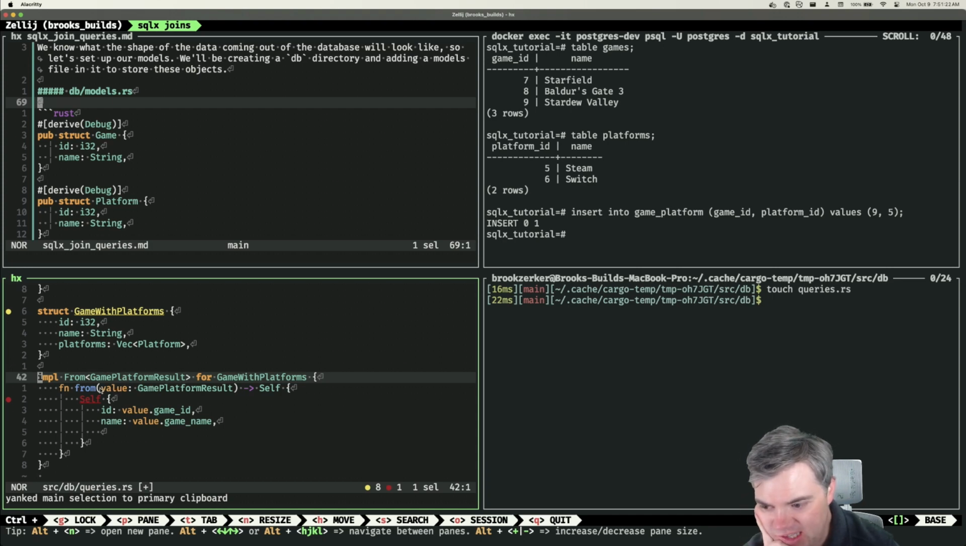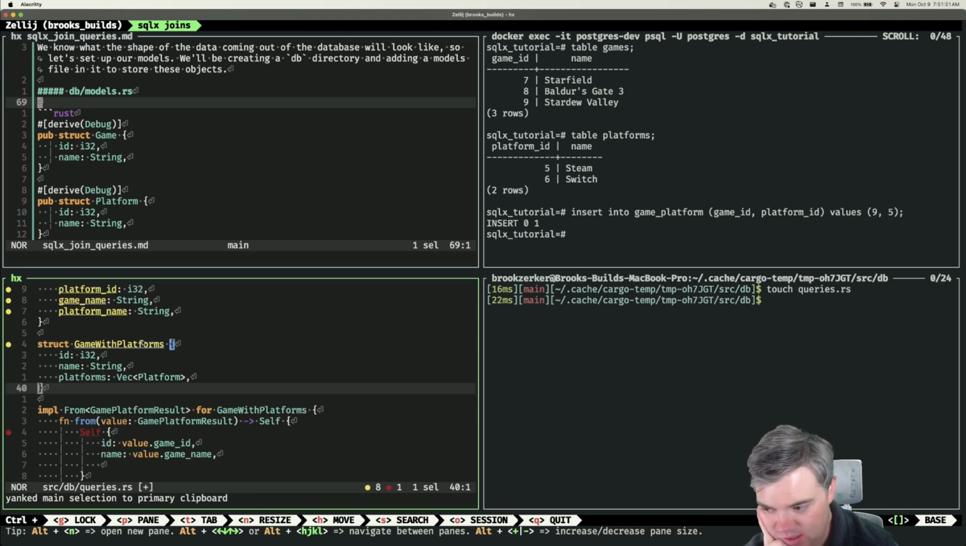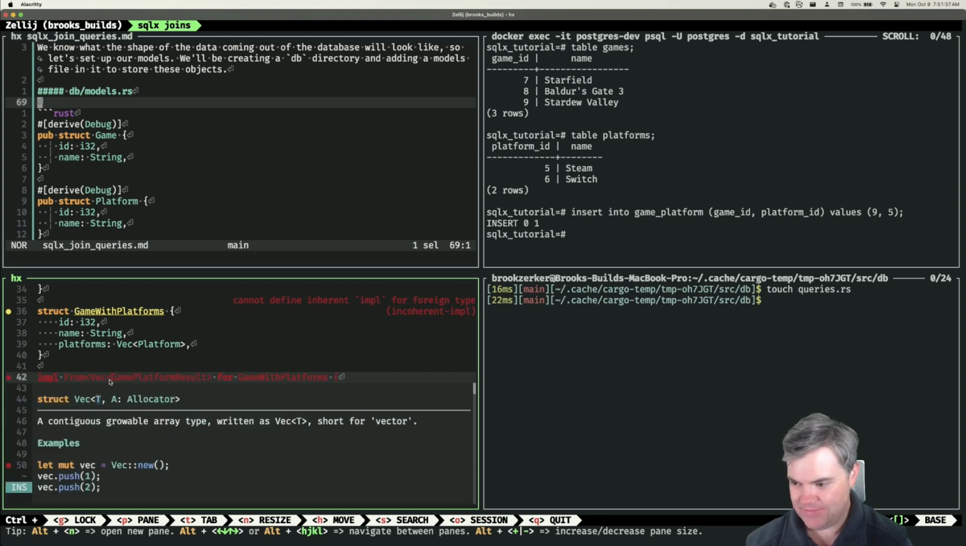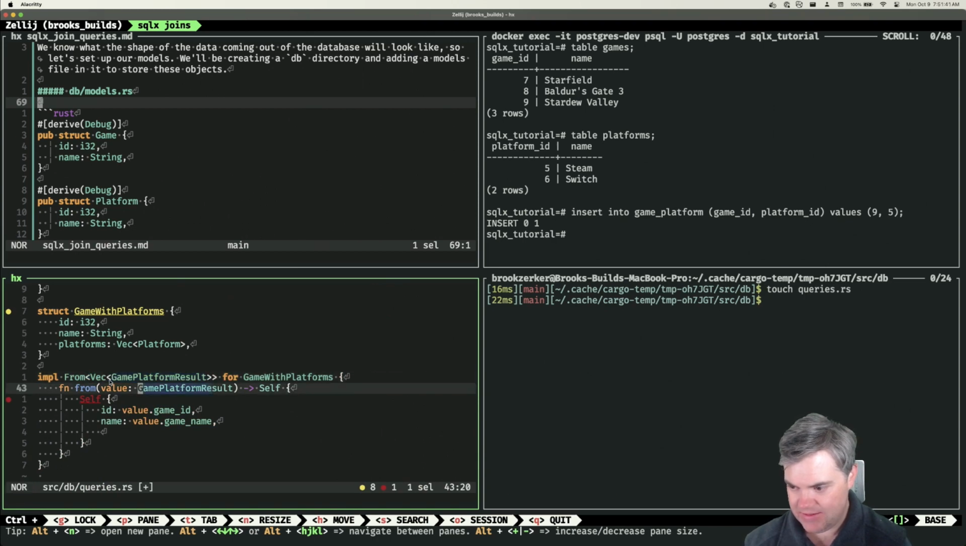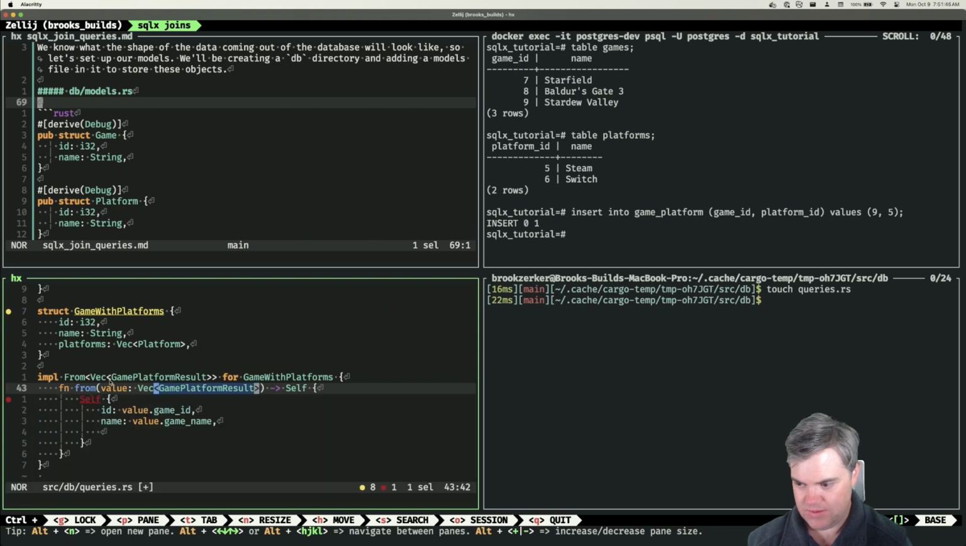So the problem with doing an impl like this is I just have a single game platform result. I need to do this with a vec, like that. So if I have a vec of you,